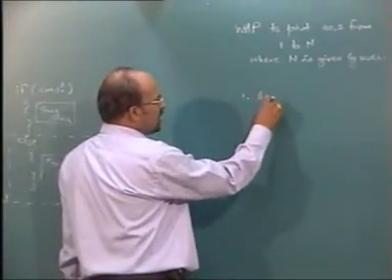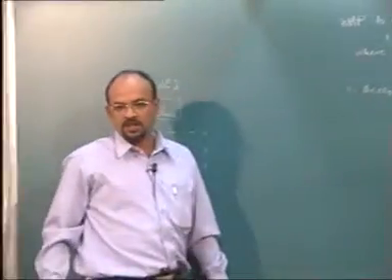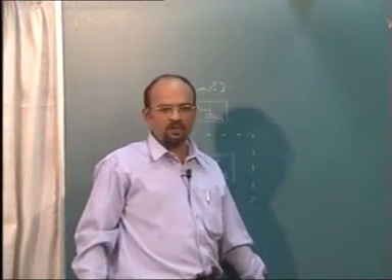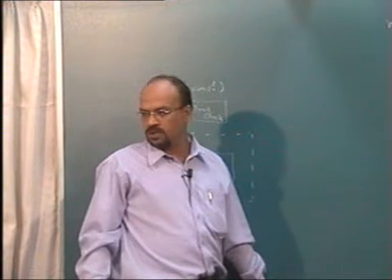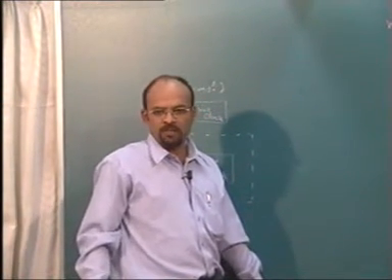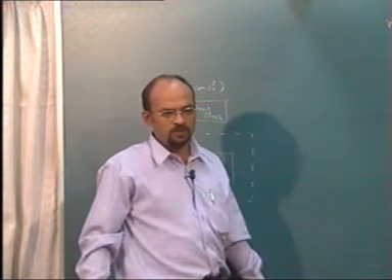First is obviously accept n, because we have seen three phases. First is to take the input, second is to process it, and then give the output. So these are the three parts of any program. So input in this case is going to be a single number n. Then what will you do?